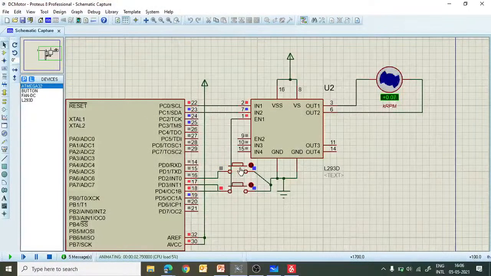If we give interrupt 0, the motor will rotate in a clockwise direction, and as you can see in the sequence here, red means 1 and blue means 0, so the 1 0 sequence is given here. The enable pin is high, so the motor is now in a clockwise direction. If I give interrupt 1, then the sequence will be reversed. You can see this was initially high, now becomes 0, and this has become 1. So the direction has changed. By giving the different interrupts, you can change the direction of the motor like this, and that is what is written in the program.